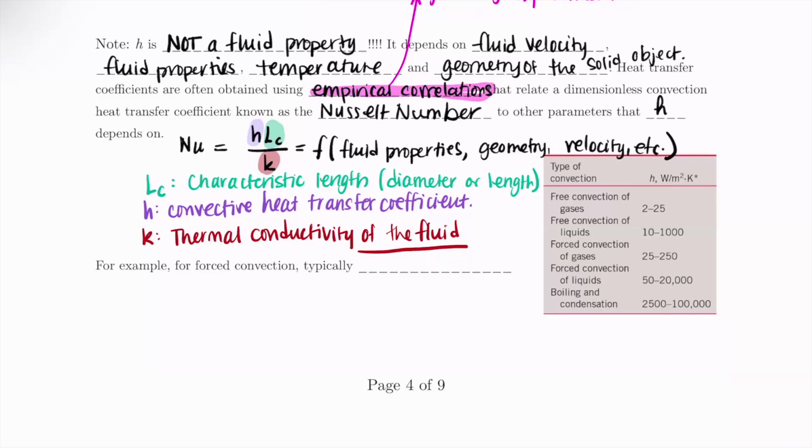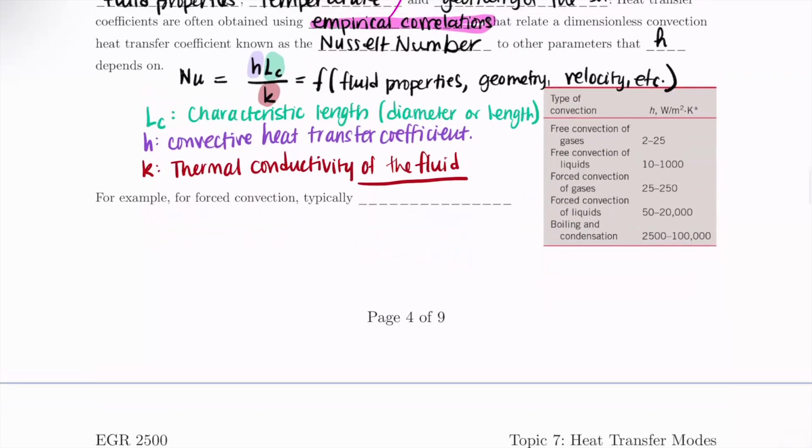So for example, for forced convection, if we have a fan cooling off a microprocessor, typically our Nusselt number is going to be a function of the Reynolds number and the Prandtl number. So for example, we would have that the Nusselt number is equal to some constant coefficient times the Reynolds number to some power n times the Prandtl number to some power m, where the Reynolds number